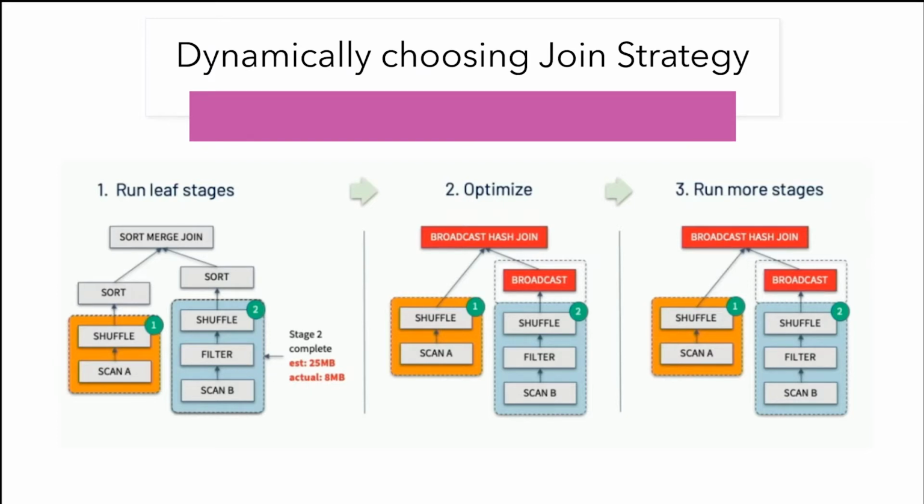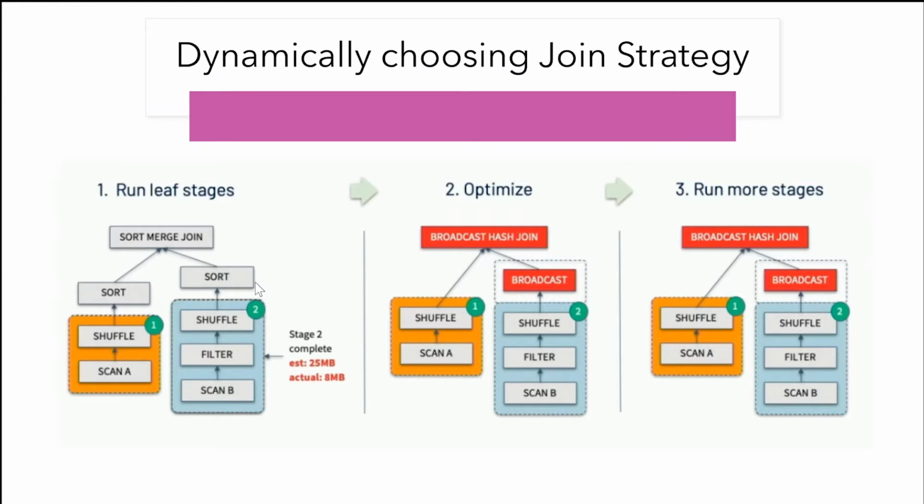So this 8 MB is the optimal data size for broadcasting the table. But because Spark doesn't have any clue on the statistics at the runtime, it goes with the default join called sort merge join. That is the reason there is no broadcasting happening here. It goes with the default join, which is sort merge join.